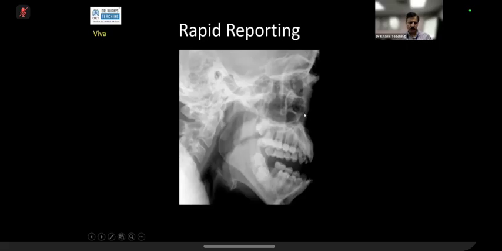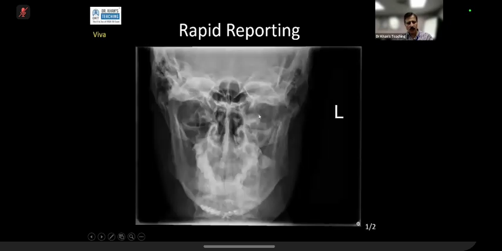Rapid reporting. Normal or abnormal? It's abnormal. There is temporomandibular joint dislocation, bilateral, I think. Excellent. So if you see here, basically the anatomy is that this is the mandibular condyle. This is the articular eminence of the temporal bone. This is the fossa. This should be sitting here, and this is the external auditory canal. So this is displaced anteriorly. Similarly, this should have been sitting here, and this is placed anteriorly. So this is bilateral